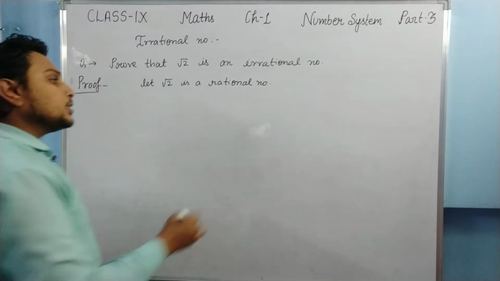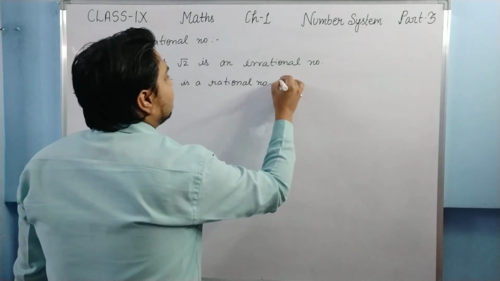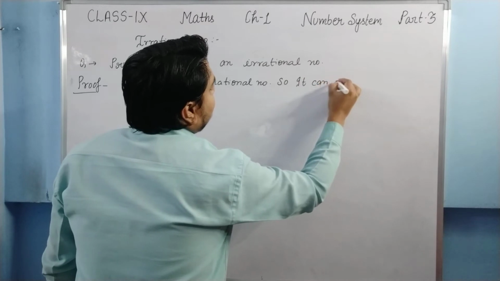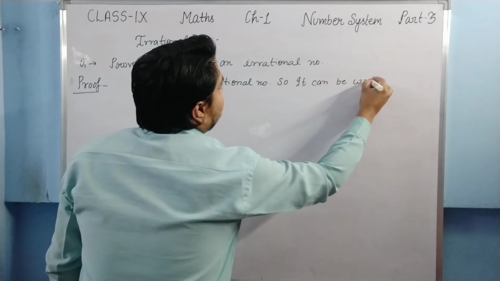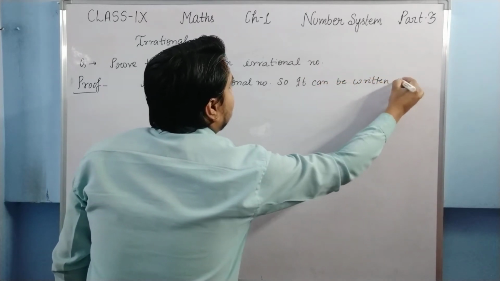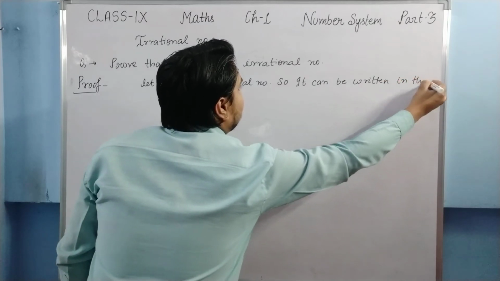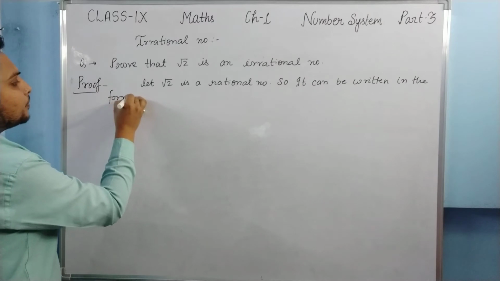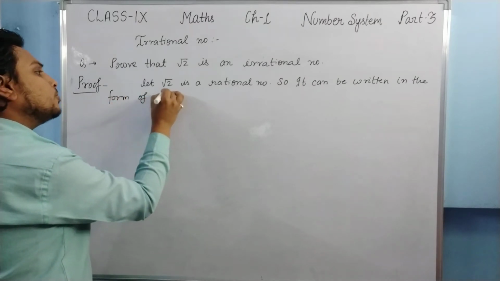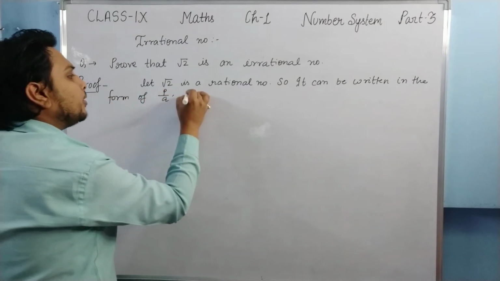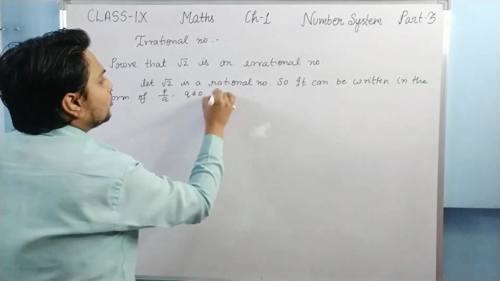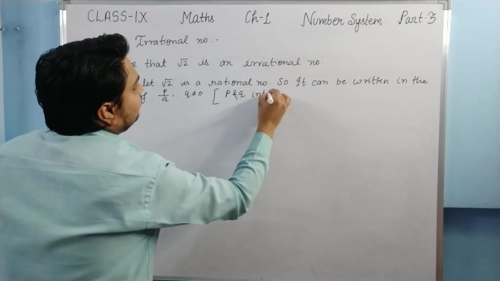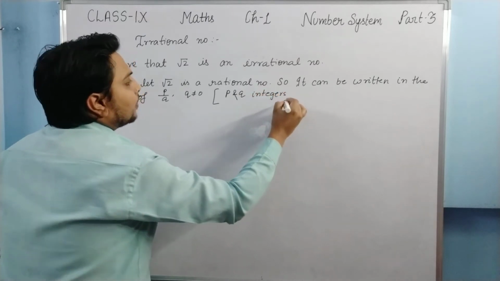So if it is a rational number, it can be written in the form of P by Q, where Q should not be equal to 0. P and Q are integers, and